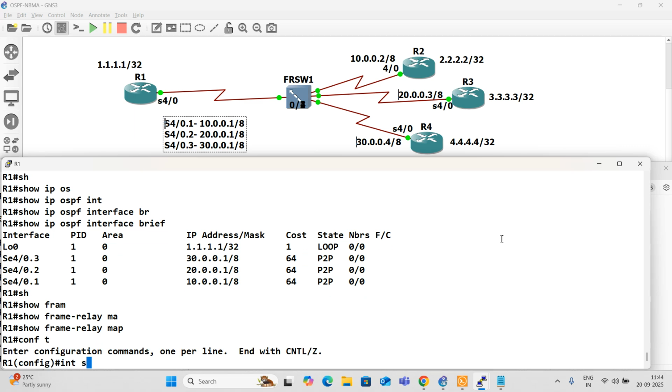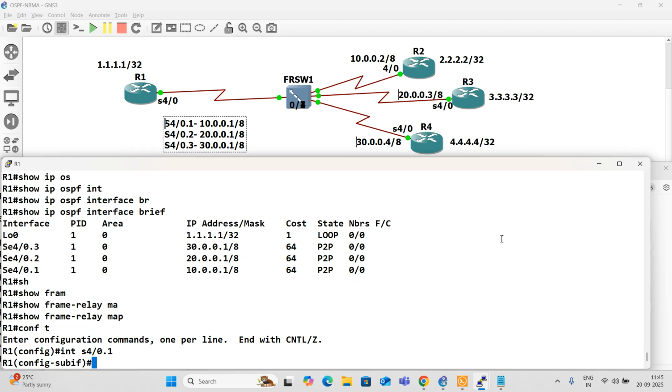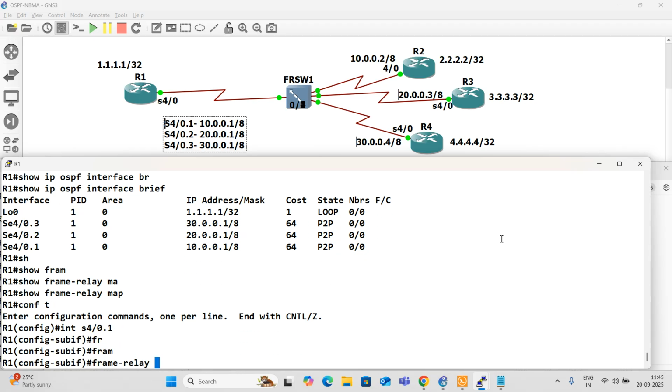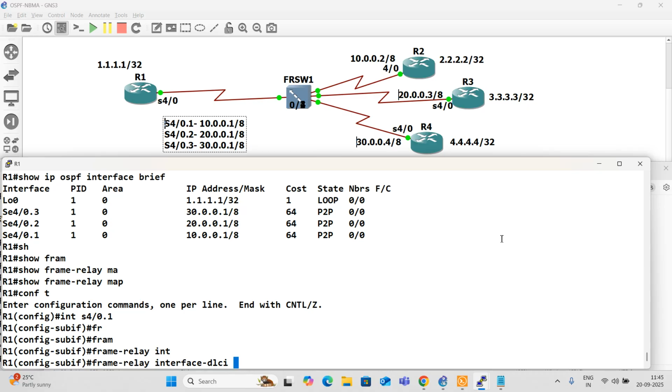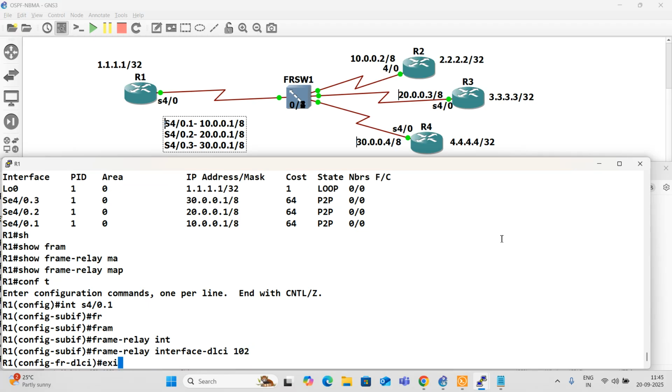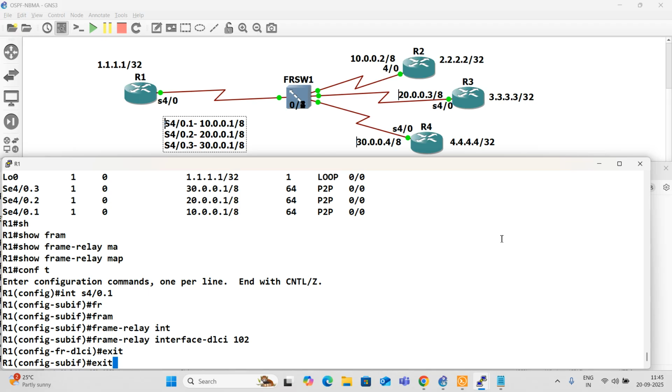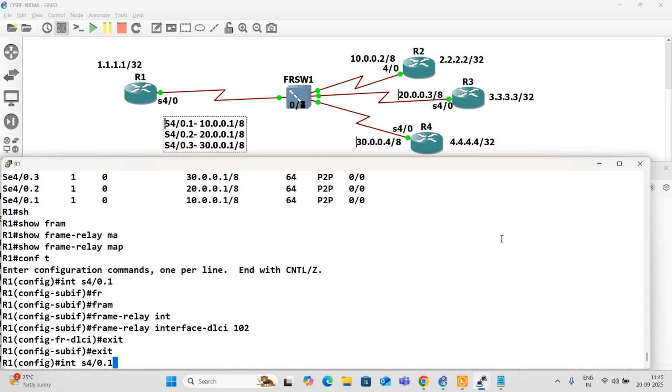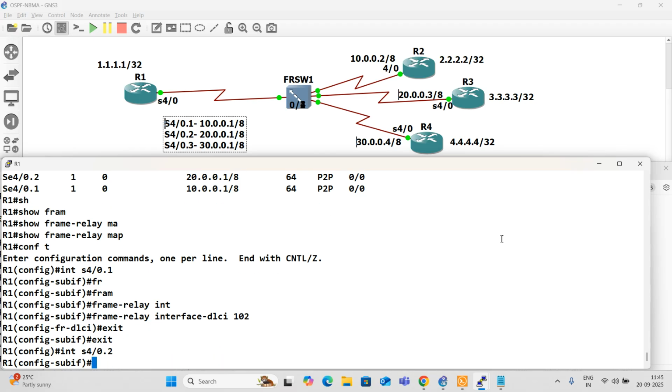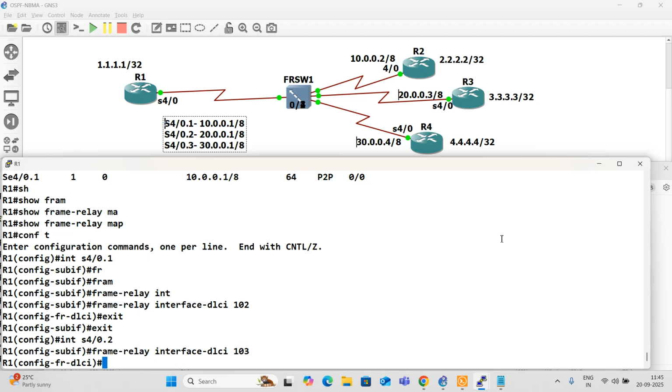Interface serial 0.1, frame relay interface DLCI number. This is to go to router 2, so it is 102. Likewise, we go under subinterface 2, interface DLCI number 103.